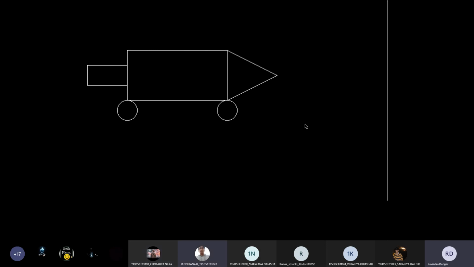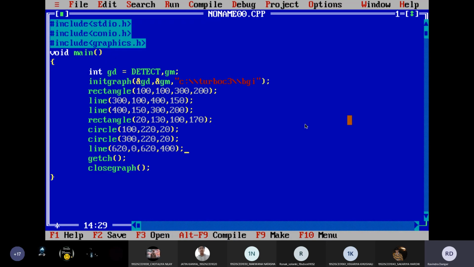X, correct, X only, because we want this object to be moved from the current position to the new position, but the movement will be in horizontal direction only. Whenever we move any object in horizontal direction, there will be change in X values only. So for each point, whatever we have placed here, we need to increment the X values by something.